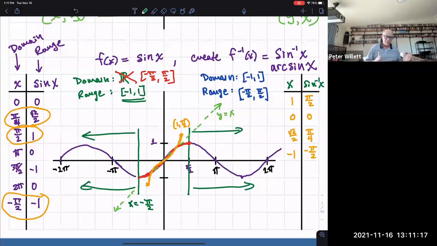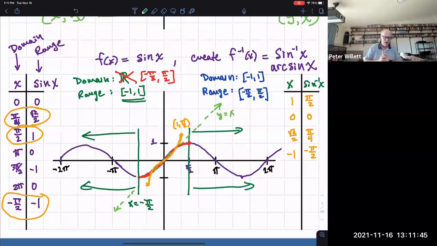So that's a lot. It depends on you kind of having an idea already of how inverse functions work, what's going on with them graphically. That's what I tried to discuss in the previous video. But all of that work in the previous video puts us in a position to try to see how we can take the sine function, which in its entirety does not have an inverse function because it fails the horizontal line test miserably,